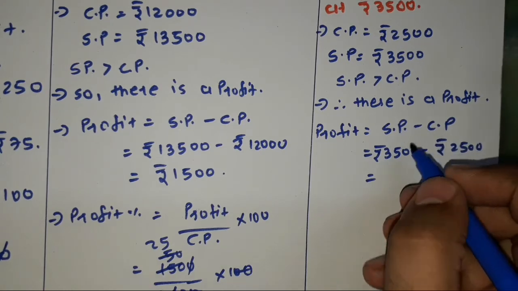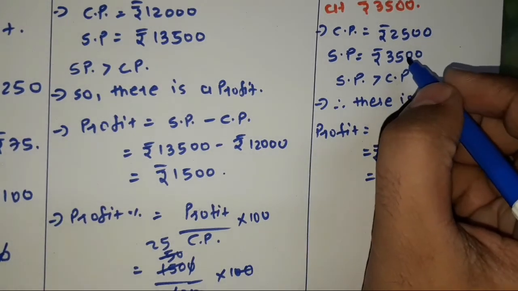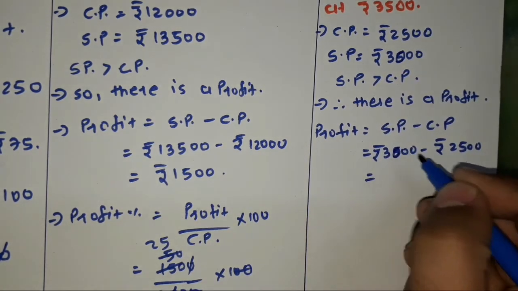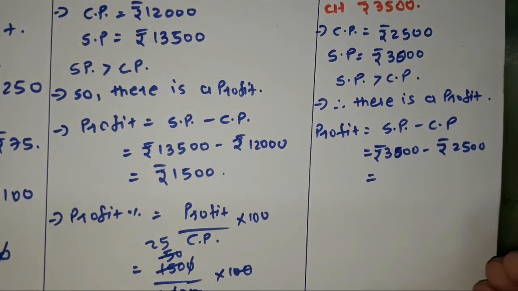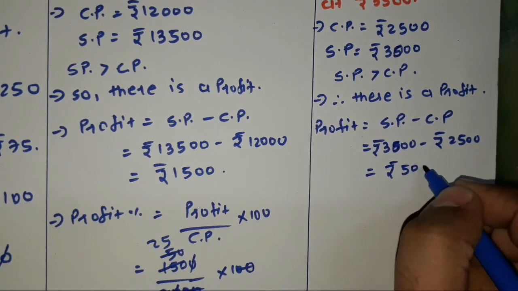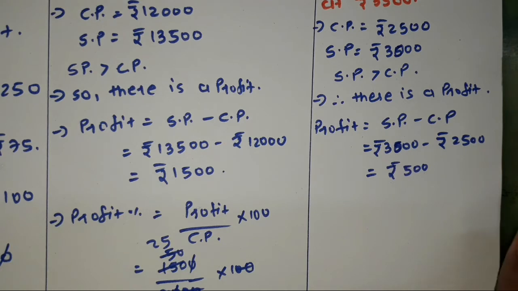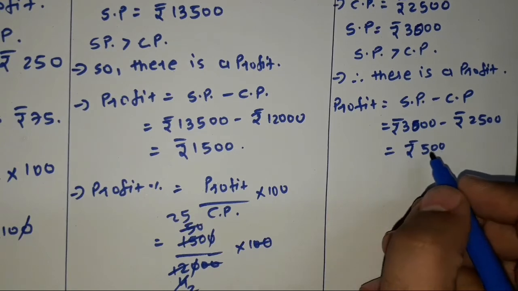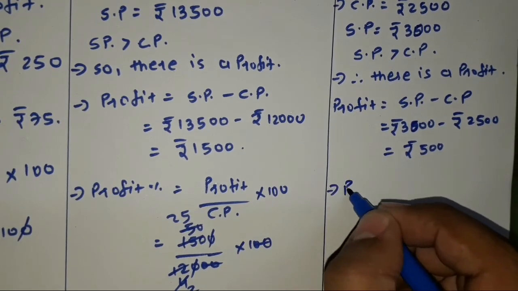So there's a minor correction: the selling price given is 3,000. So I am correcting that. So selling price is 3,000. So 3,000 minus 2,500, I will get rupees 500. And if selling price is 3,500, then you will subtract and get rupees 1,000. So in the exam I can ask you a question like that, so you have to also solve that question. Okay. So now we have to find profit percentage.